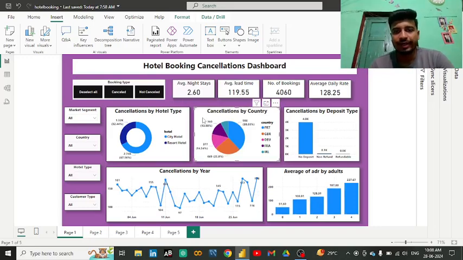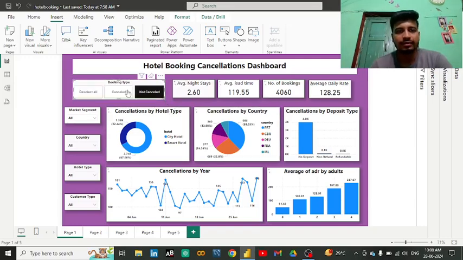So let's move on to our next visualization, which is cancellations by country, and I've used a pie chart. It is representing the number of cancellations by different countries. We can see if I click here for cancelled,